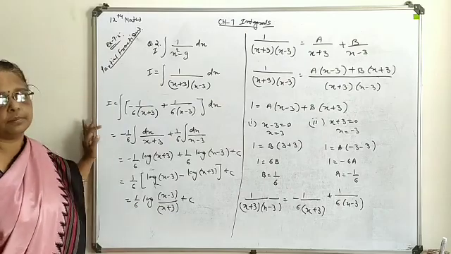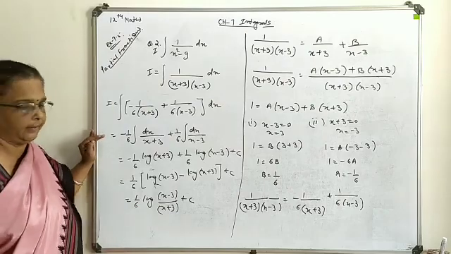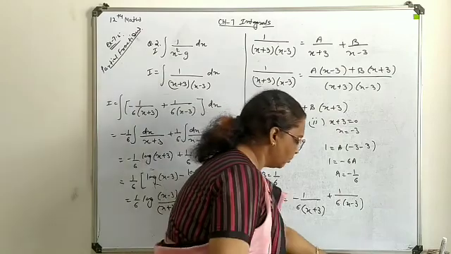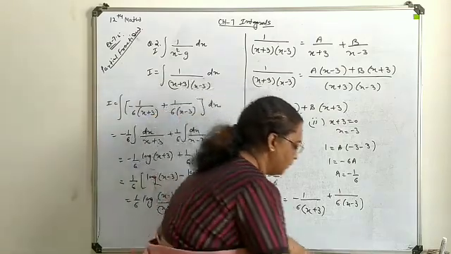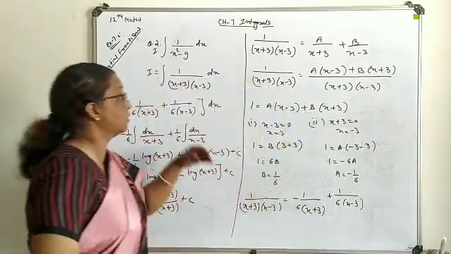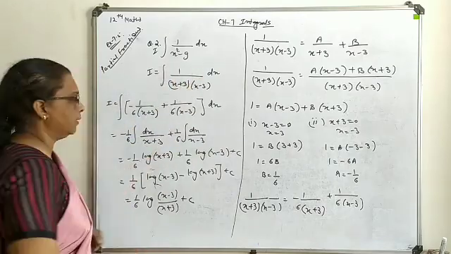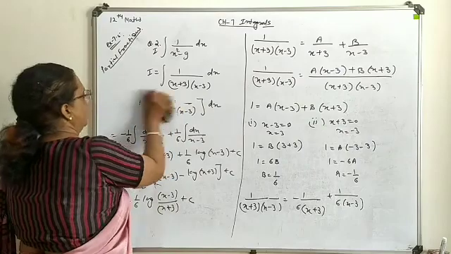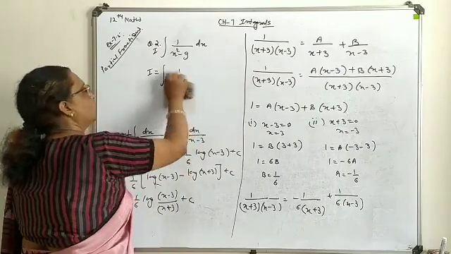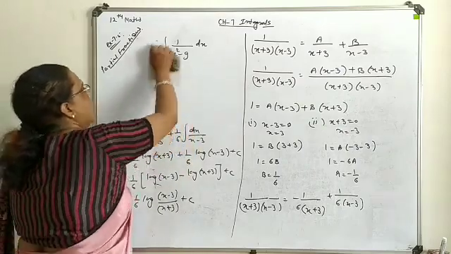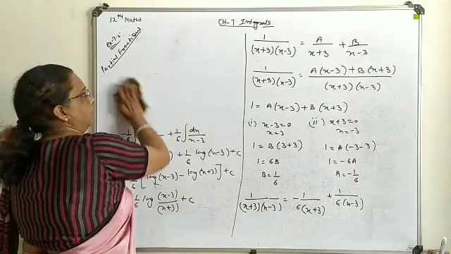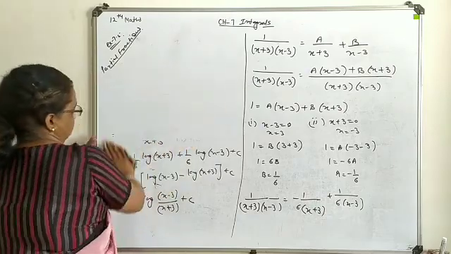So this way you will handle the simple linear combination. Now next we are going to move towards the function in which three factors are written in the denominator. So let it be. Your method will remain the same, only one more term will be introduced as one more factor form.